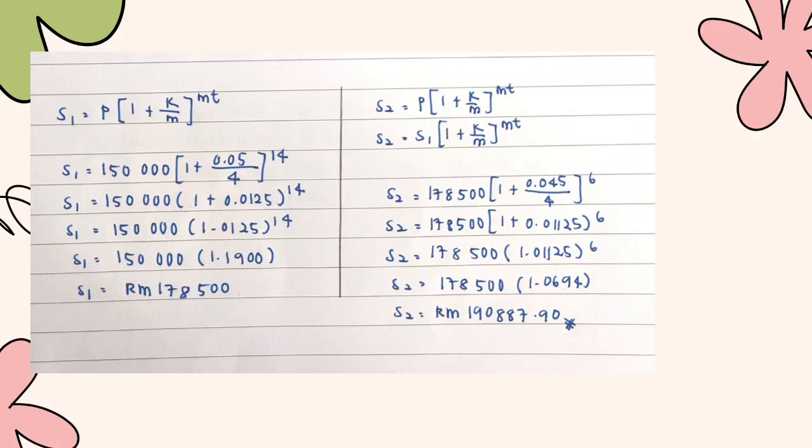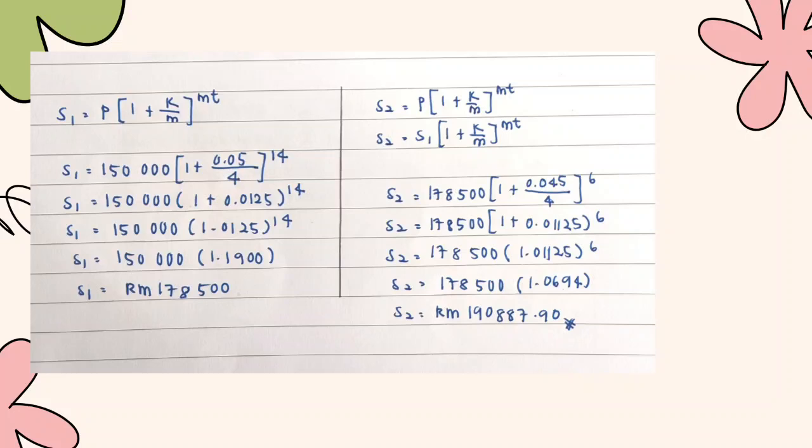178,500 ringgit (1 + 0.045/4)^6. And then we have to calculate in the bracket. It will be 1 plus 0.01125, to the power of 6. Then it will be 178,500 ringgit (1.01125)^6, and then 178,500 ringgit (1.0694). And the final answer is